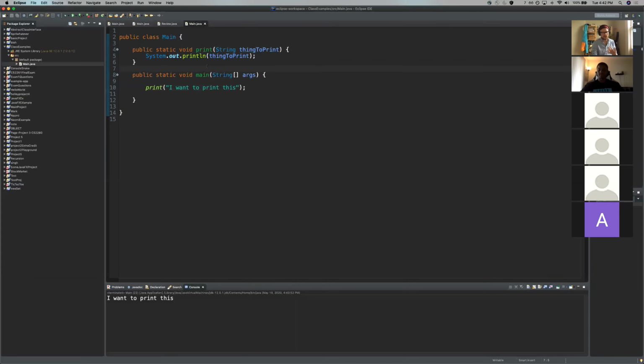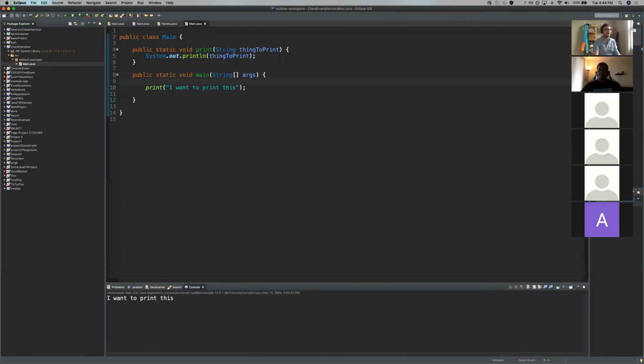Okay, so print. I want to print this. Now, last week we had a sum and we did some mathy stuff, and then we also had a method that we actually brought in. We brought in an array, and we talked about pass by value and pass by reference. And so that was a lot. And if you don't remember that, we're going to cover it a little bit here, but really all you should know is that